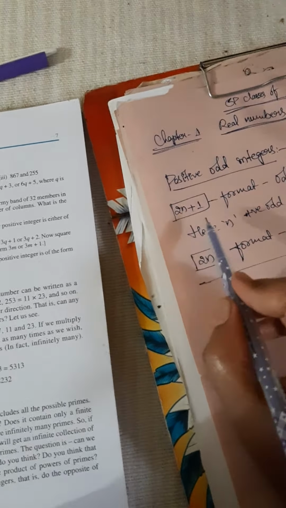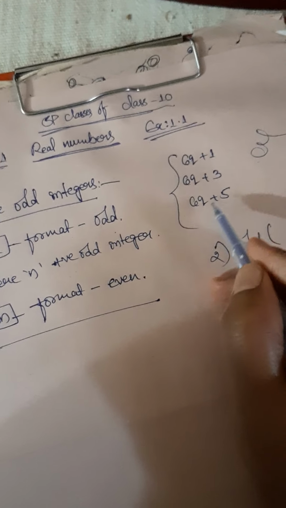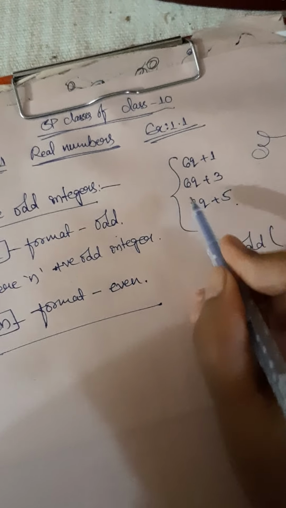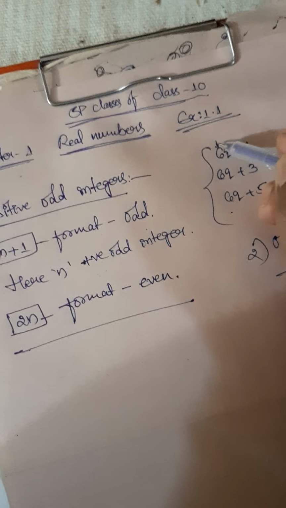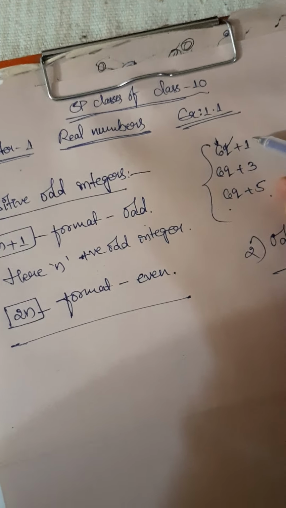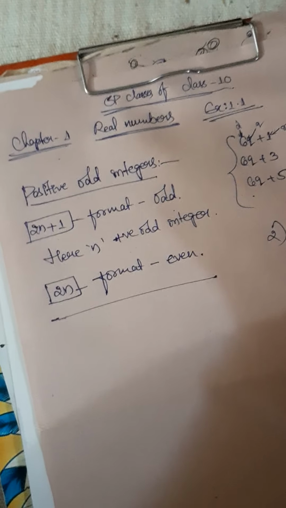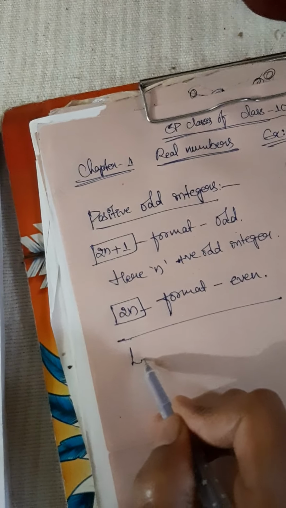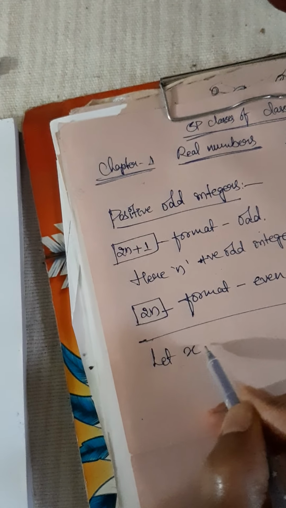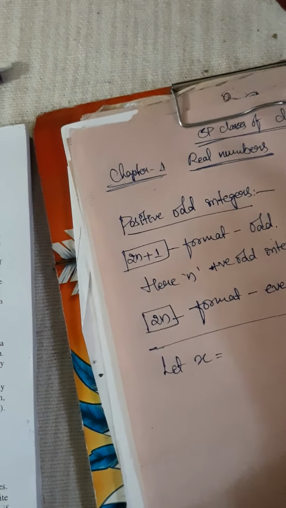So now let's see what they have given in our question. Let's observe 6q plus 1, 6q plus 3, 6q plus 5. Observe these integers properly. Here they have given 6 as the divisor, then quotient and remainder. They didn't give any dividend, so let's take any number. Let x be our dividend. x is equal to 6, the divisor they have already given, into quotient plus remainder.